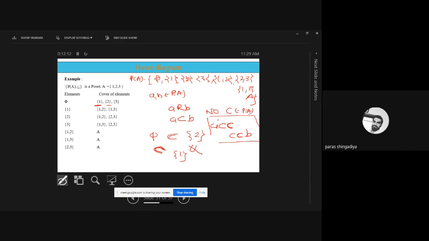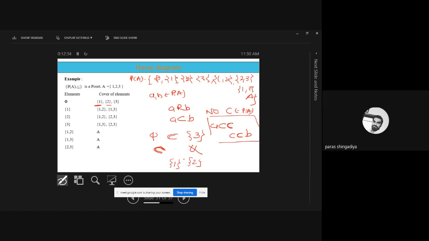Now for the third answer, 3. Clear? The next entry is 3. So 5 is a subset of 3. The first condition is true. And in between 5 and 3, two elements exist: singleton 1 and singleton 2. Both entries exist between 5 and 3. So we cannot consider both entries as a C.